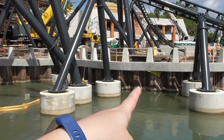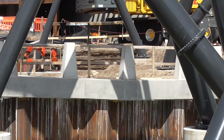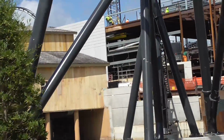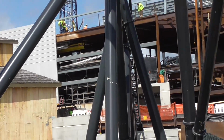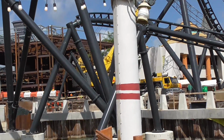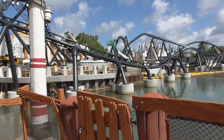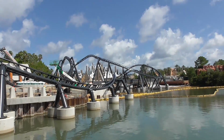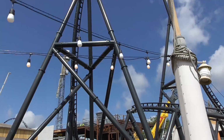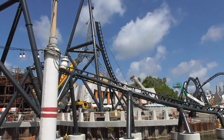It's right there. So you can see the concrete's been formed here for the railing, the very Jurassic World, Jurassic Park style railing here. So they've enclosed a lot of the maintenance building, but they still haven't enclosed here where it connects to the load and queue area. And they're still building the framing for the actual queue. Oh man. It looks so fun. Not gonna lie, I'm a little scared of this part, but I will make do because it looks so fun